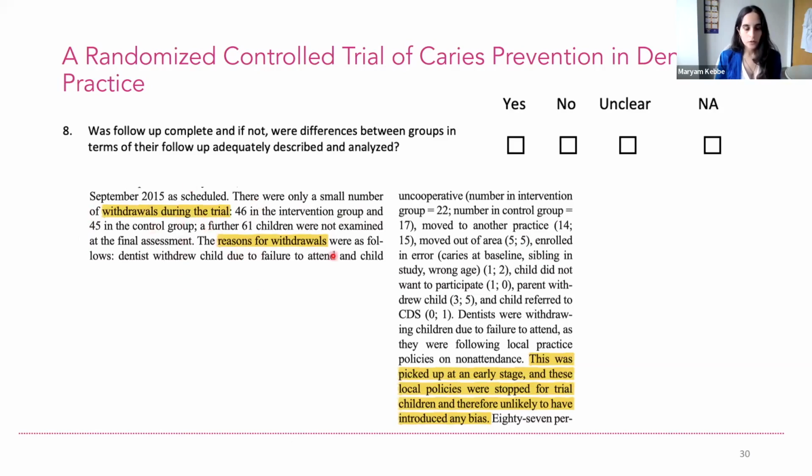And then they go on to provide the reasons for the withdrawals. They do not specify the distribution across the different groups. So whether all of these 14 individuals